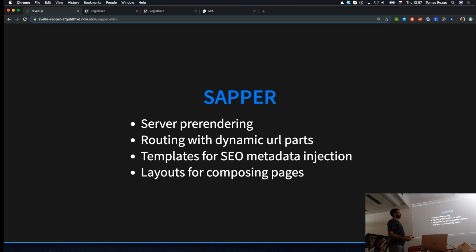It has layouts, so if you have the routing, you can decide that some parts are always there, like your menu. You can have nested layouts, so it comes with similar functionality. And this probably doesn't look like something that should be in Sapper, because there's not really a relation between pre-rendering and layout. But as I said, Svelte is only about creating components. So everything above it, which is layout as well, is already in the Sapper builder extension.